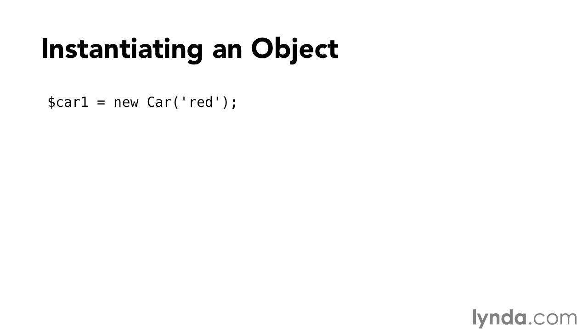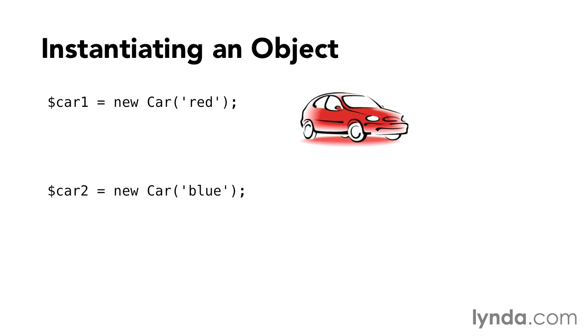This simply involves using the class's constructor method with the new operator and storing the object in a variable. The constructor method has the same name as the class, and it often accepts one or more arguments to initialize the object's properties. In our very simple example, we're passing red as the argument to the constructor, and we get a red car. You can create more than one object from the same class, so this creates another car, and